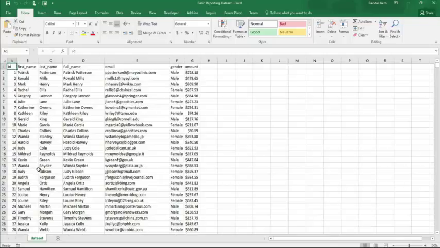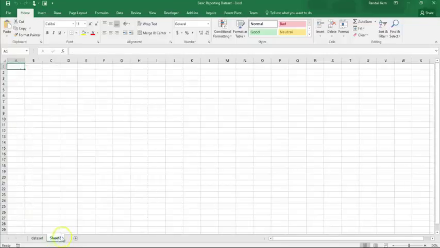So what we're going to start with is adding a new worksheet. We're just going to click on our plus button down here. We're going to get Sheet2. We're going to double click that and rename it Report. Simple. Okay. So whenever I start a report, I like to skip a few columns and skip a few rows